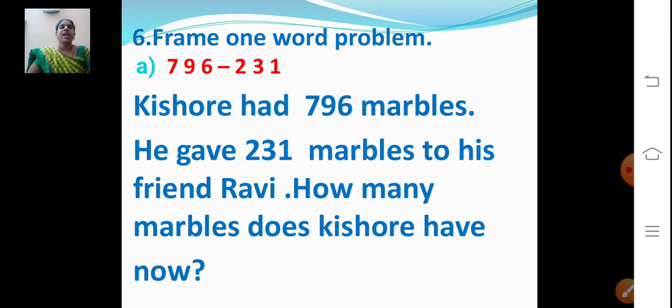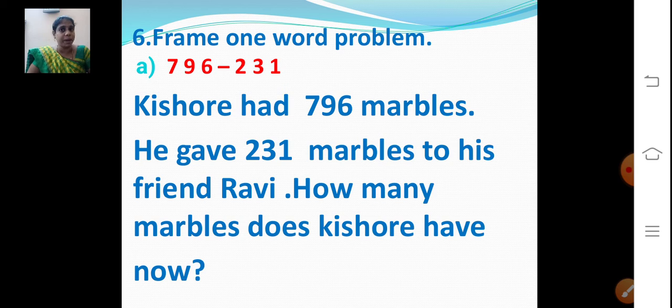So Kishore had. What is the meaning of minus? Minus means we are giving something to someone, right? So that some of our things will get subtracted. What is the meaning of subtraction? If we are taking something from us and giving it to someone, that is the meaning of subtraction. So Kishore had